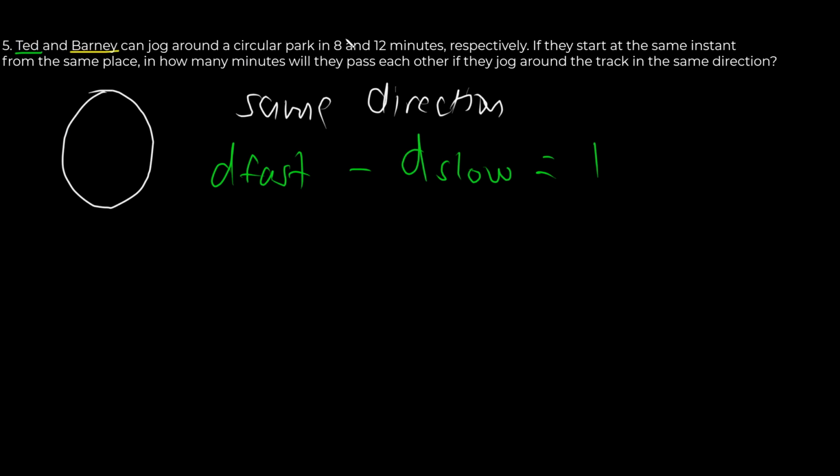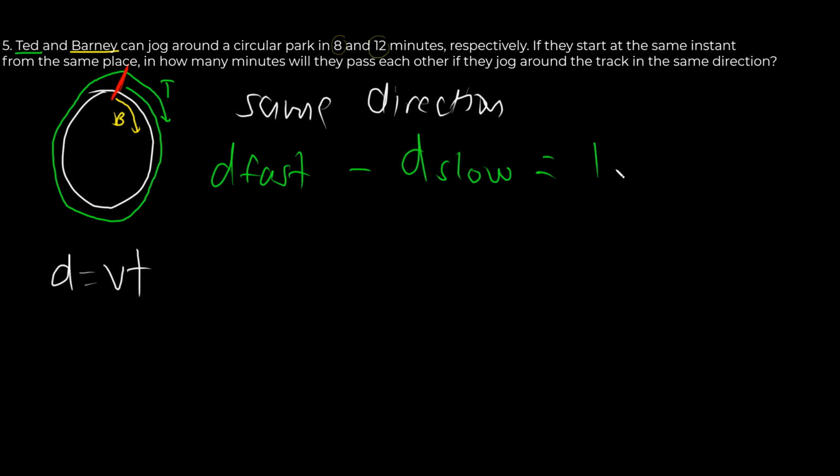So, in the problem, the fast person is Ted and the slow person is Barney, if you compare the time they take to jog the circular park. So, in 8 minutes, let's say, this is what Ted traveled. Then in 12 minutes, this is what Barney traveled. So, the distance traveled by Ted minus the distance traveled by Barney is equal to 1 circular path, or one circle. Okay? So, using D is equal to VT,